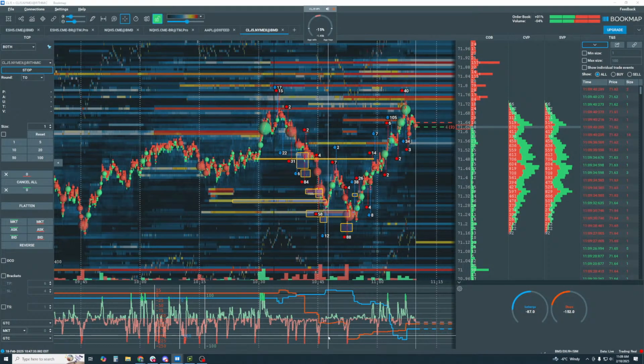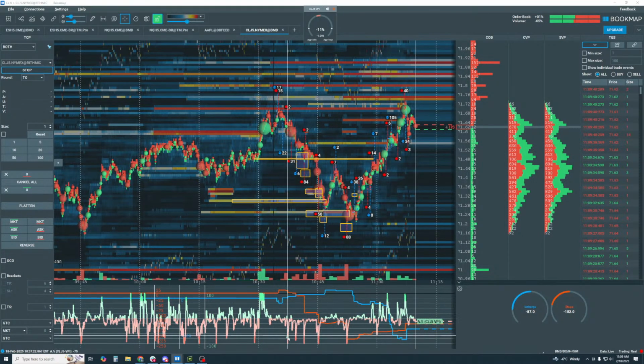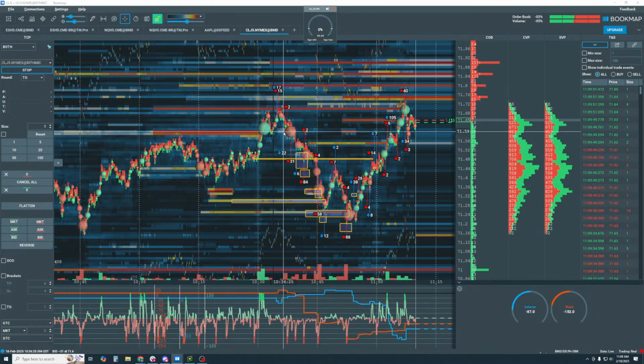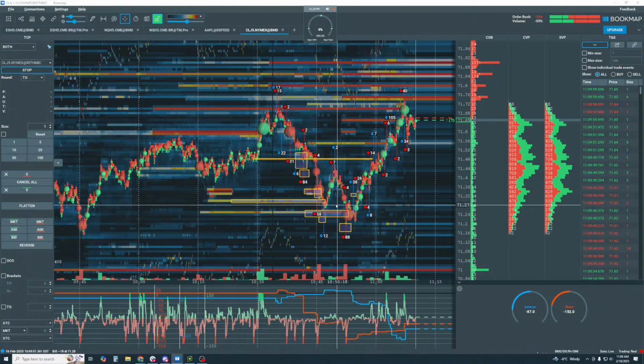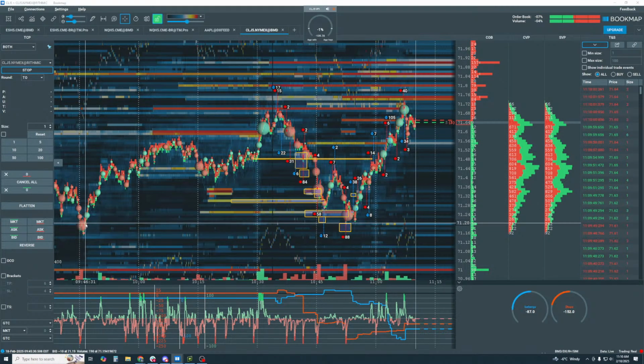Okay, this is what you might have been talking about or asking about, Leah. Down in here, you're getting an extreme reading beyond 70%. Okay, well, does that line up with some of your market structure to look for an opportunity? So here it does. You're kind of coming down in this area in here.